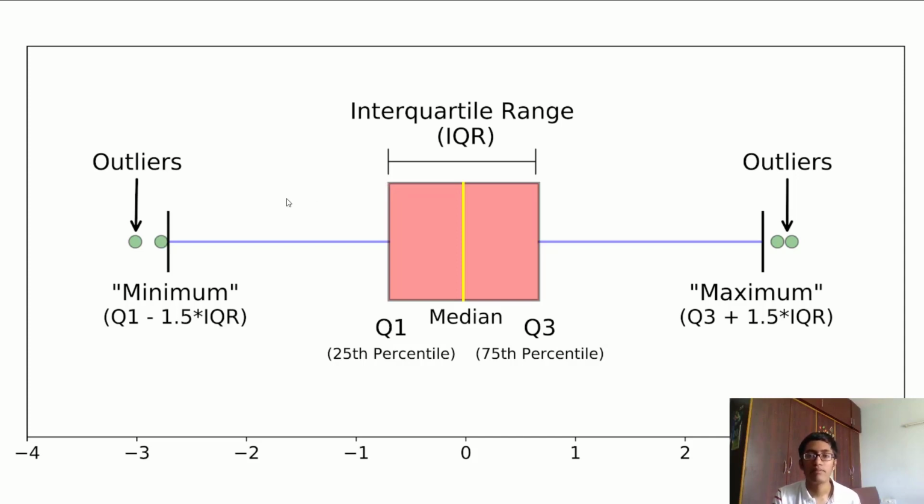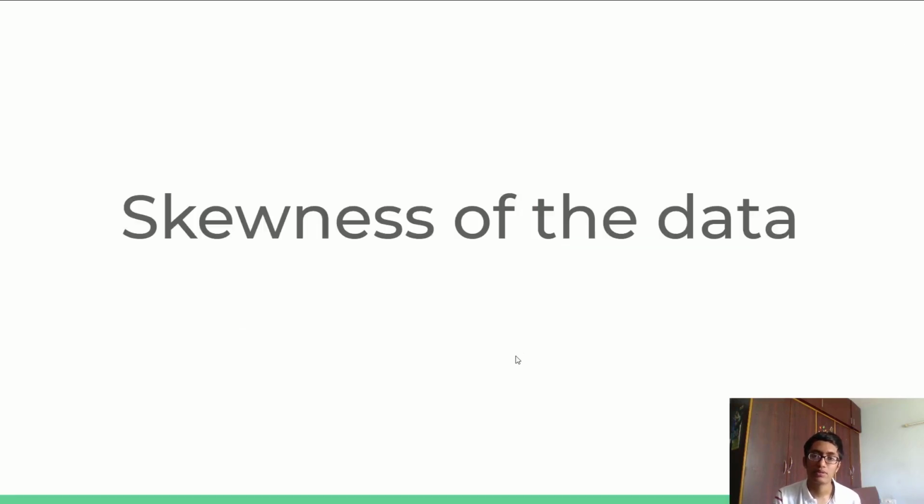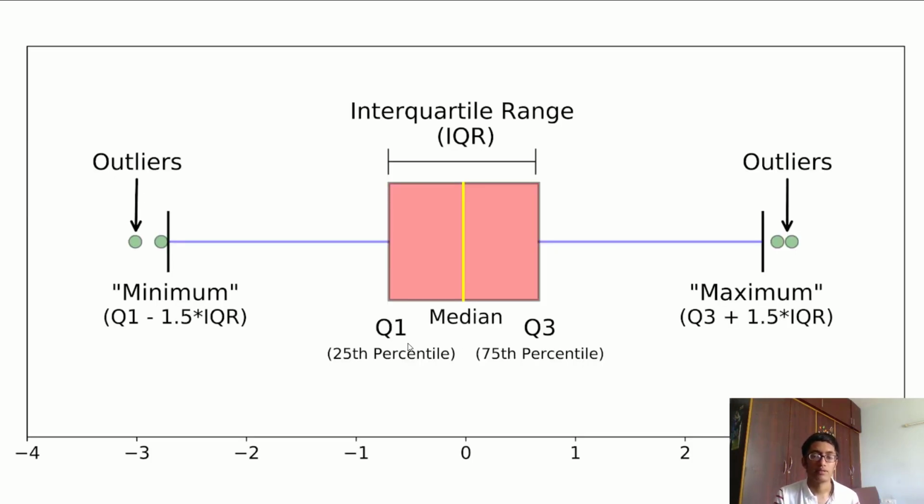You can see two vertical black lines over here. These lines are called whiskers. They help in gauging the minimum and maximum value of the data which we are feeding into our notebook. So the minimum value is the value of the quartile 1 minus 1.5 times the value of the total interquartile range, which is obtained by subtracting the value of the 25th percentile from the 75th percentile. And the maximum value similarly is the value of the quartile 3 plus 1.5 times the value of the interquartile range.